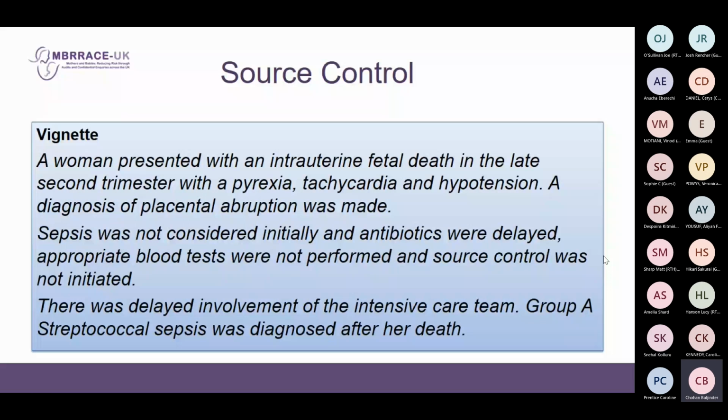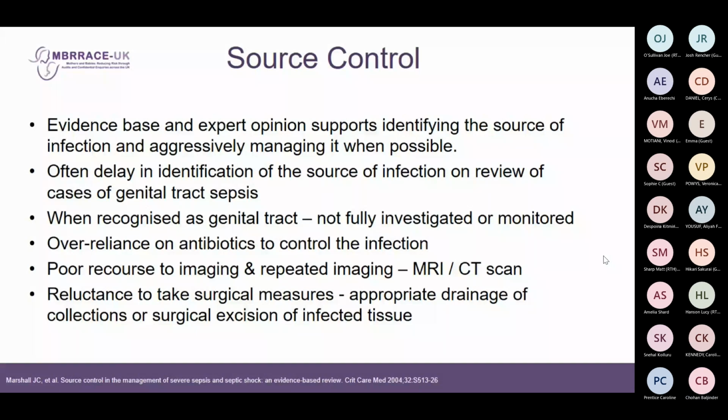So what Embrace say is that it's important to try and identify a source. But from day-to-day practice, even with gynae patients, how many patients do we have with a suspected abscess, and how often do we actually identify a bug? It is very difficult, but we should try our utmost. Talk to the microbiologists sooner rather than later. Simple things: don't forget your vaginal swabs and throat swabs. Think about imaging. I think it was Joe who mentioned being reluctant to image, or not thinking about it, or even repeating the imaging.